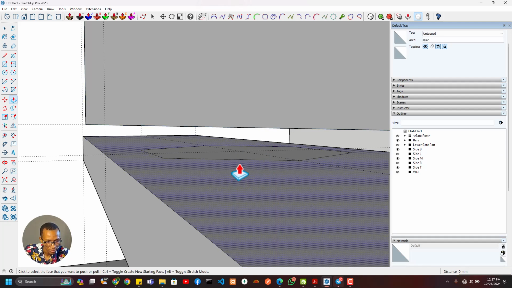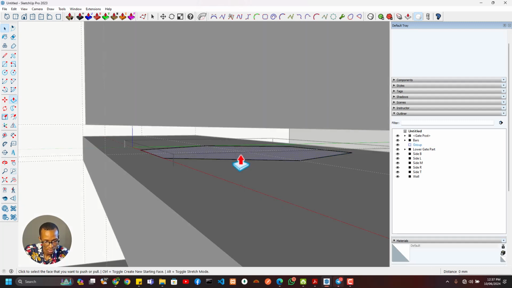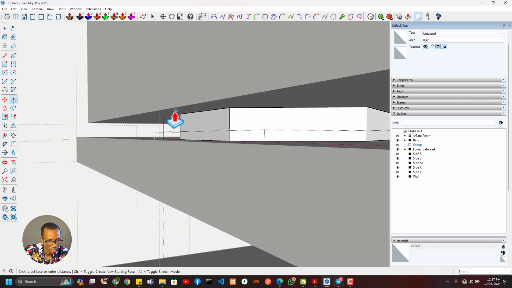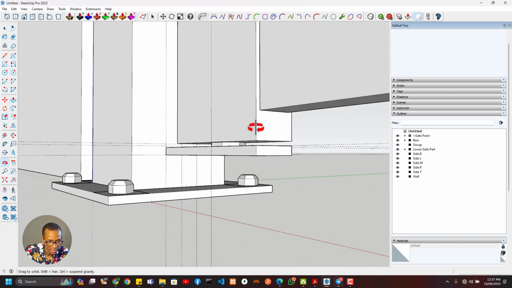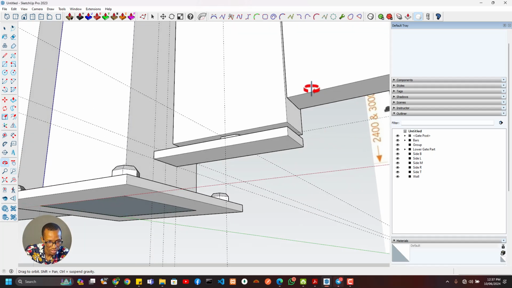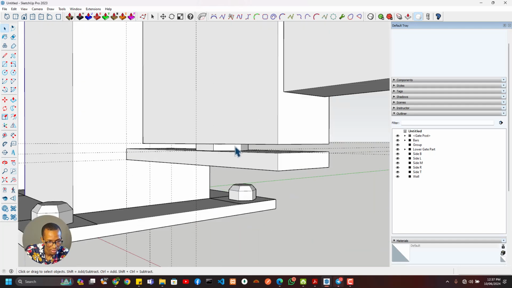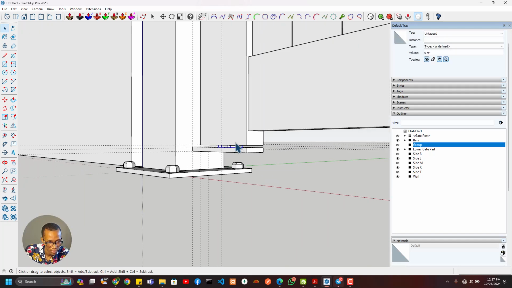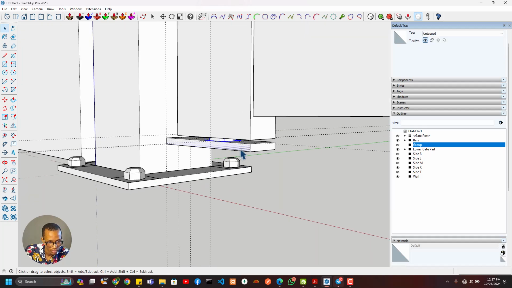So okay, I make this a group, then I come into the group and I just push this all the way up till it touches this bottom. All right. So the idea is that's like the bending mechanism. So if the gate is to rotate, it's going to rotate around that point, that point. So that for the one below,